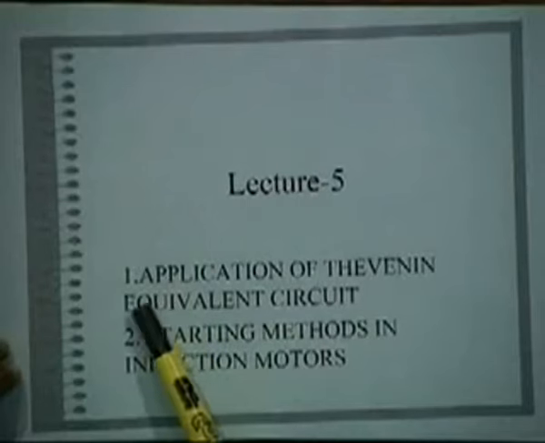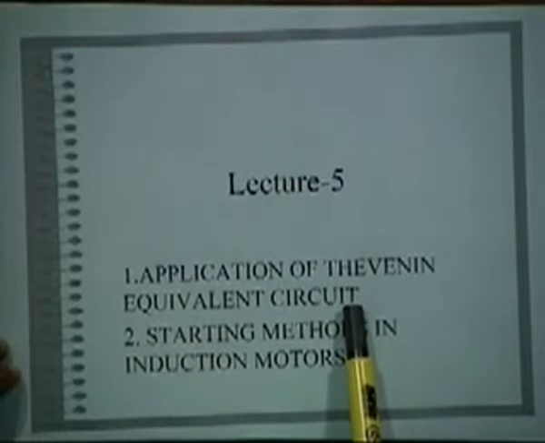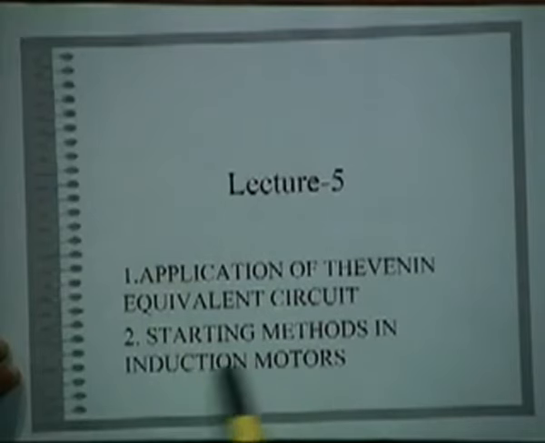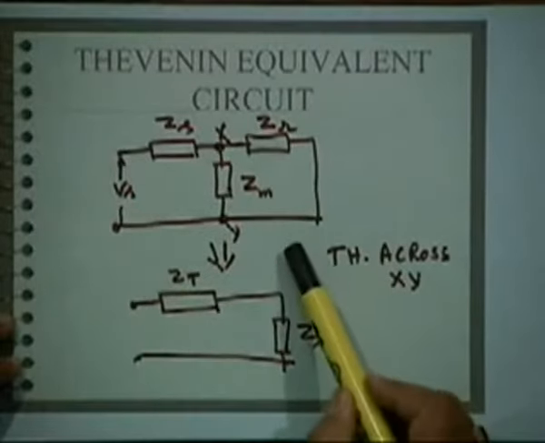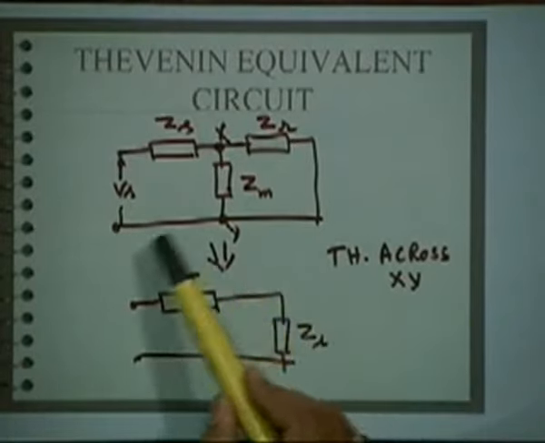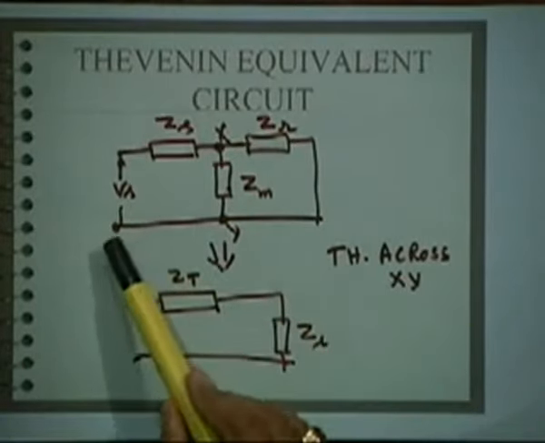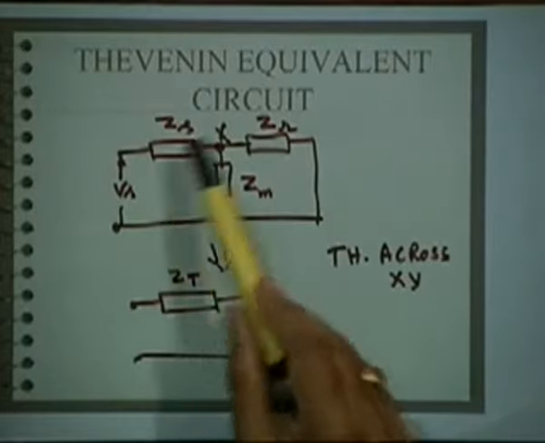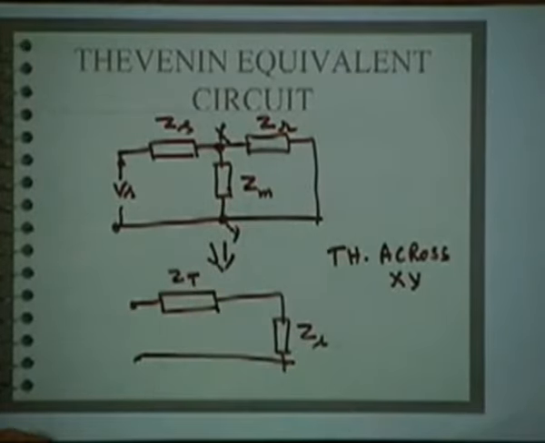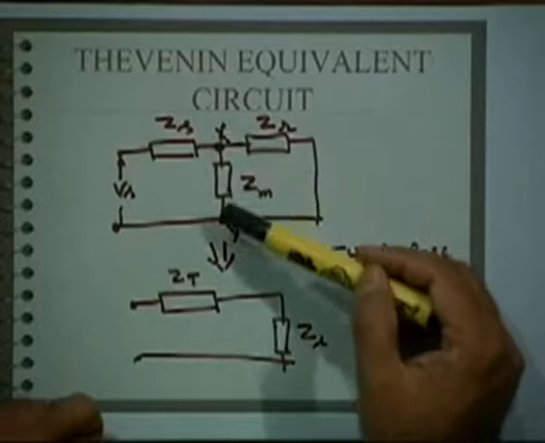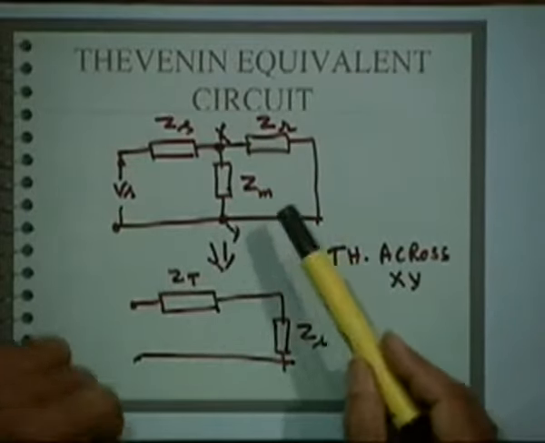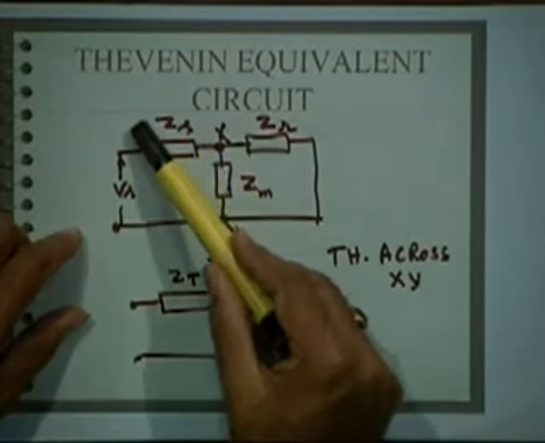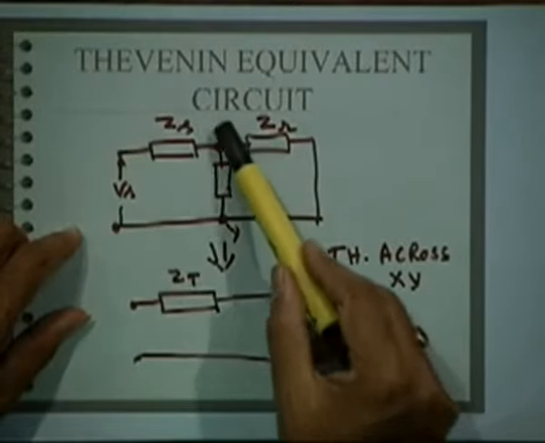So in this lecture we will continue on the Thevenin equivalent circuit and its uses, and also we will introduce the methods of starting of induction motors. Now this is the Thevenin equivalent circuit we drew in the last lecture, where this was the actual equivalent circuit, ZS, ZR, Zm are the impedances, and looking at these X Y points, from this point, this portion,